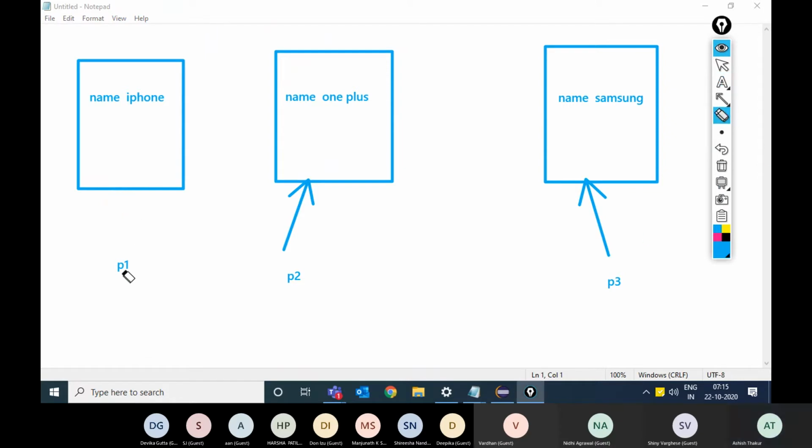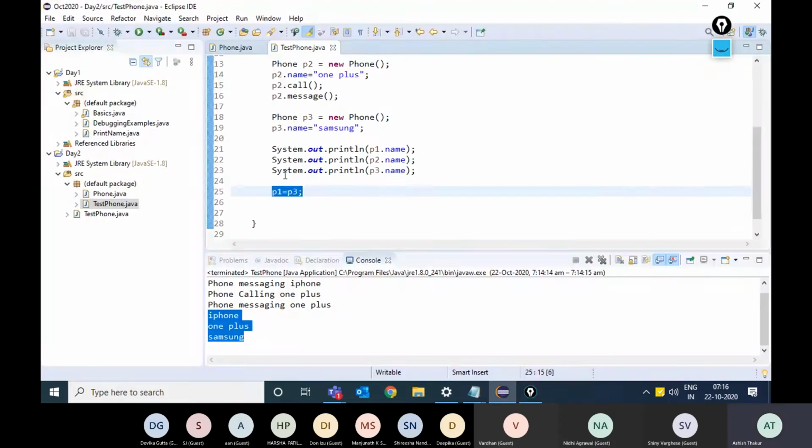P1 will be removed from here, and P1 will start pointing to the location where P3 is pointing. Okay, right. So P1 will point towards the new object or the object which P3 is pointing. So one object can have two object references as well. Okay, and can be changed by any one of them.